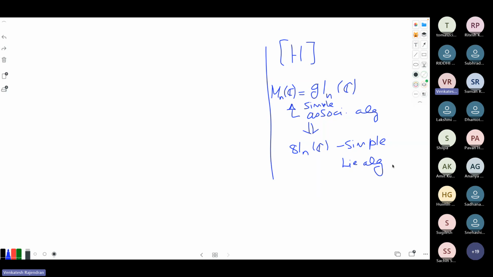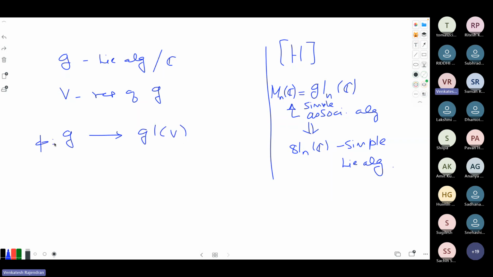But here, without getting into understanding the algebra structure, if you are purely interested in, let's say, representation theory, then let's see how this enveloping algebra indeed helps. So let us fix one representation of g. Let's start with g being now just an abstract Lie algebra, and V is a representation of g. So by definition, it is a map from g to gl(V), and this is a Lie algebra homomorphism.